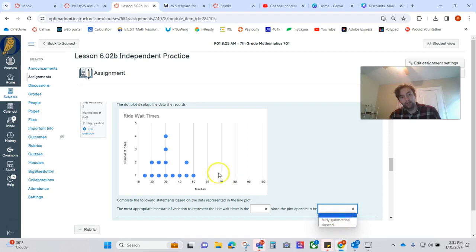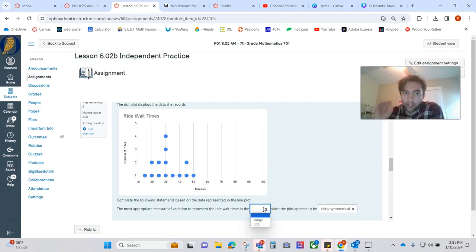Well, it's not perfectly symmetrical, right? But it's fairly symmetrical, I'd say. From this dot to that dot, it's fairly symmetrical. And just like in question 1, just like in question 2,